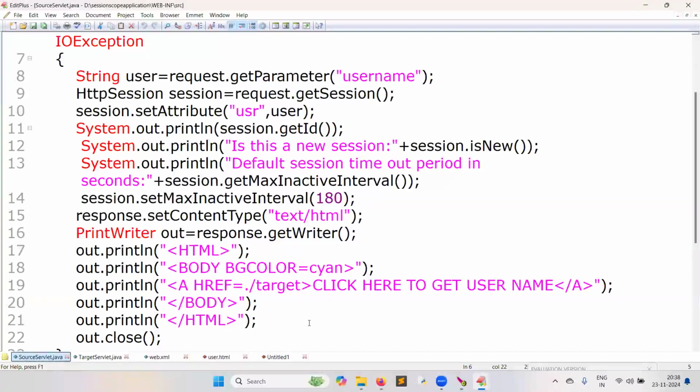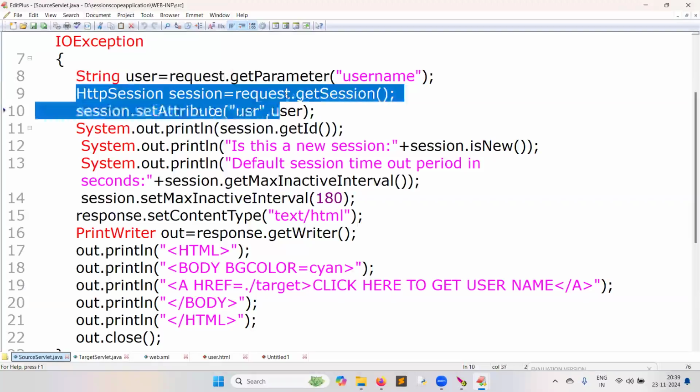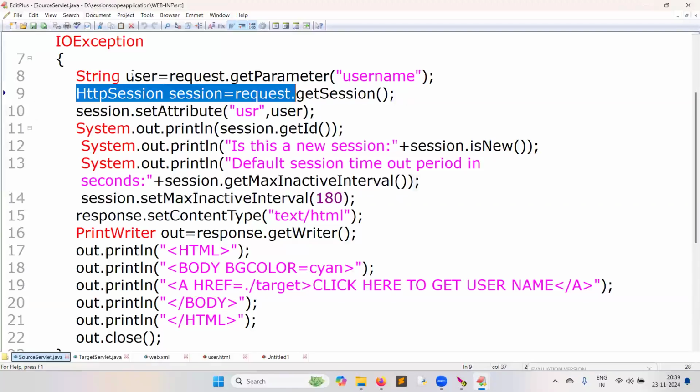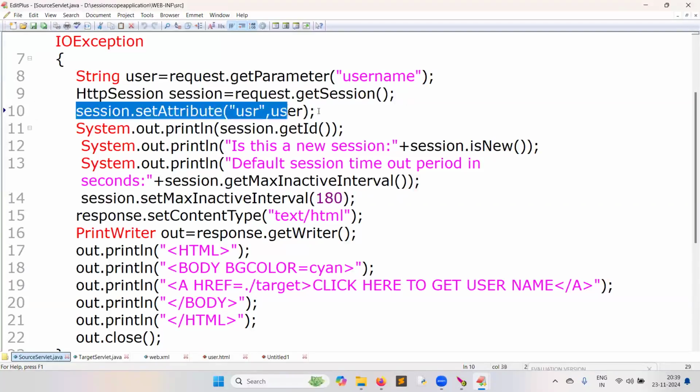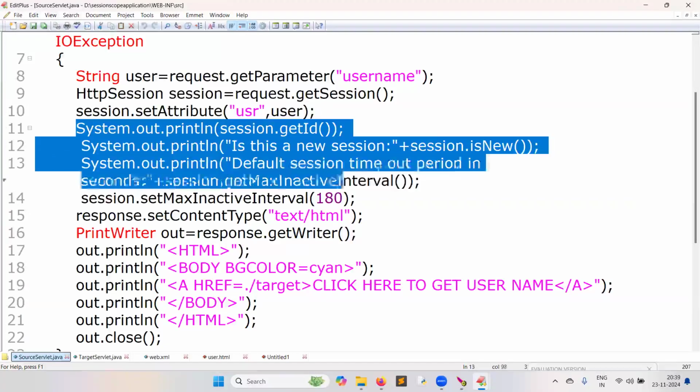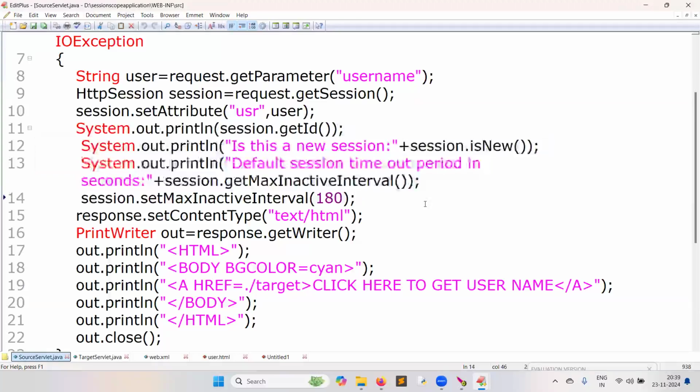Tell me what the source servlet is doing. I already explained some 20 minutes ago. Capture the username, create the session object, store that username in the session scope. These 3 things I wrote for your understanding; actually not required.